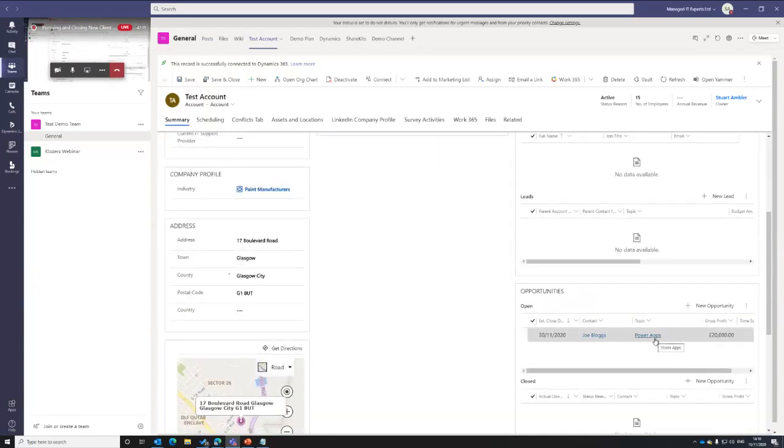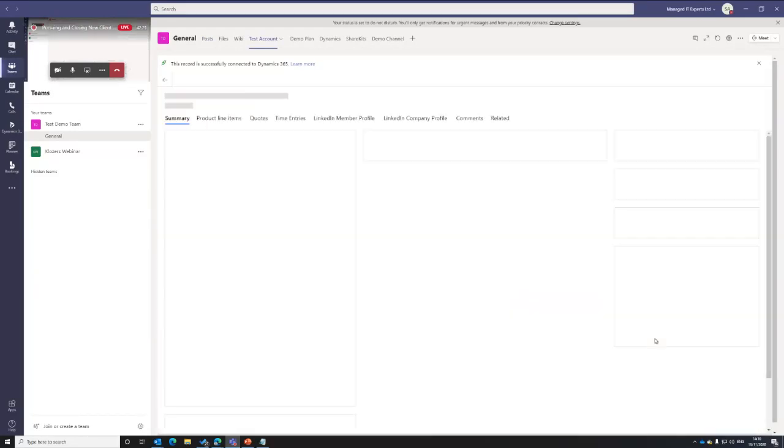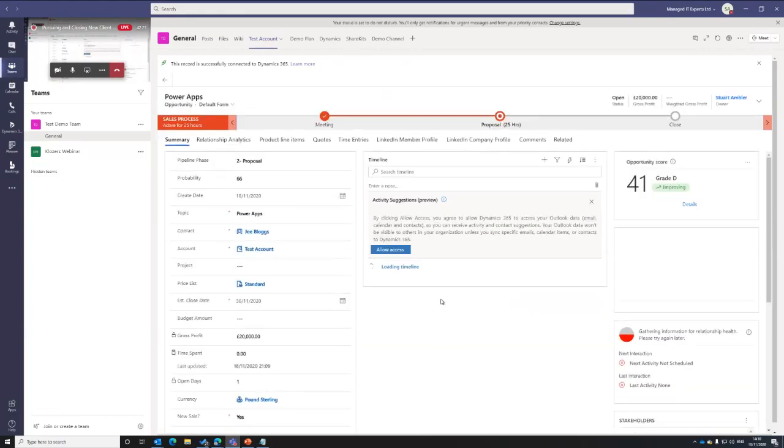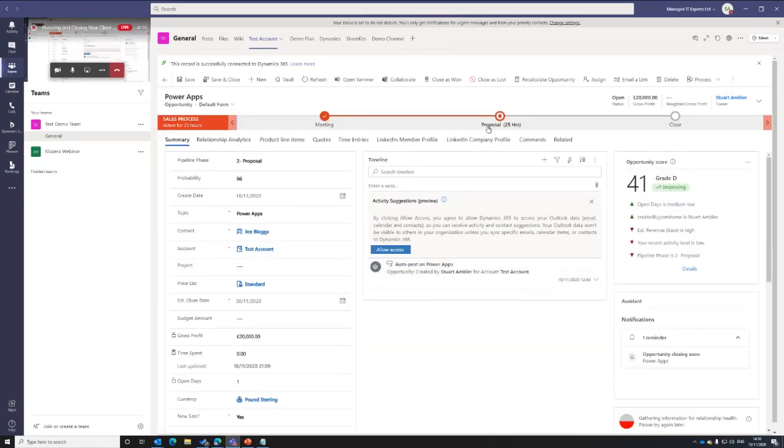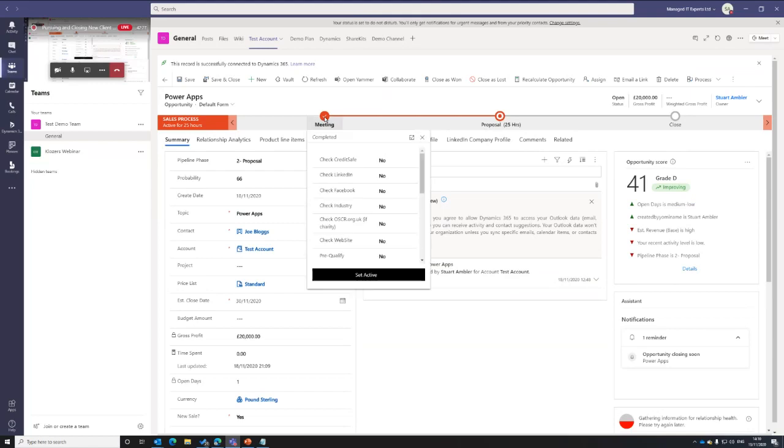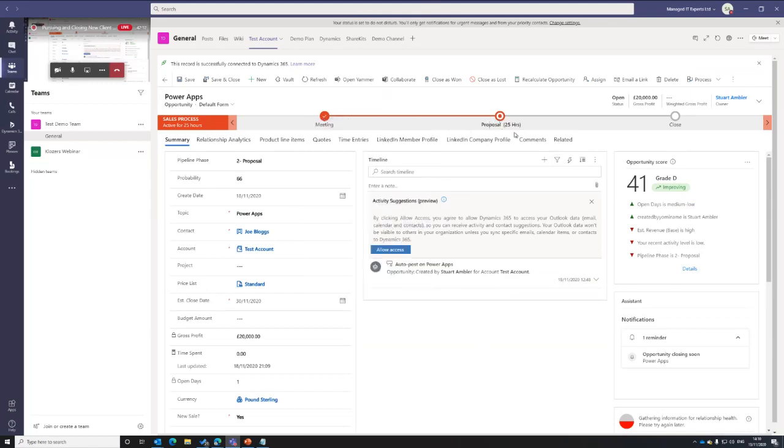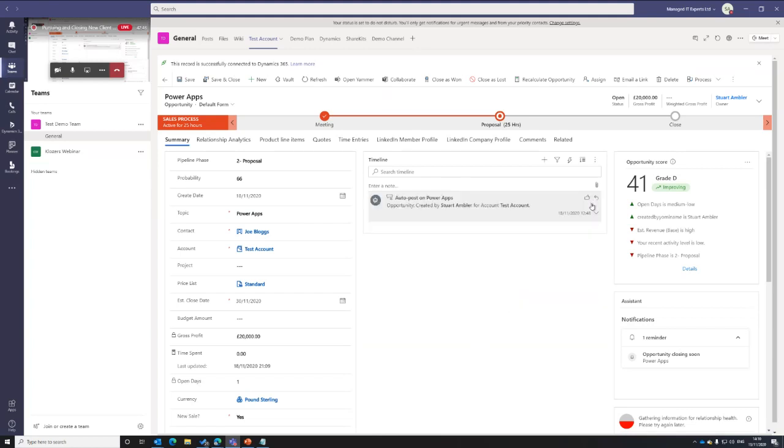So what I'll tend to do is create the opportunity on Dynamics, which will hold all the key opportunity information. So this will be the actual sales process, where we've been in terms of the meeting, where we are in terms of the process itself, so that we've got an overview of all our opportunities, where we are, which ones need to be pushed to the next stage, which ones we've still to meet with, still to create proposals for, which ones are ready to close, and it really helps us gather that information.